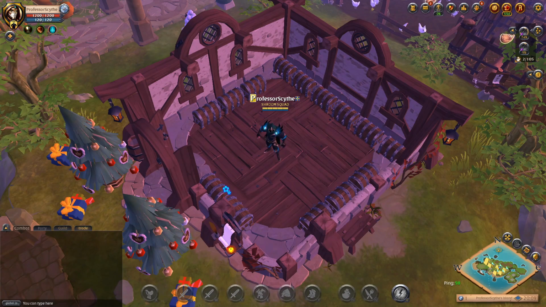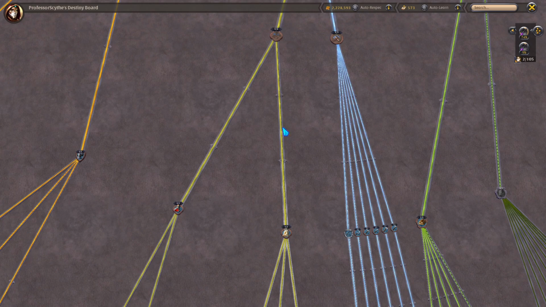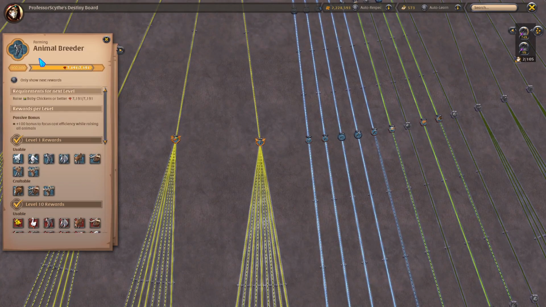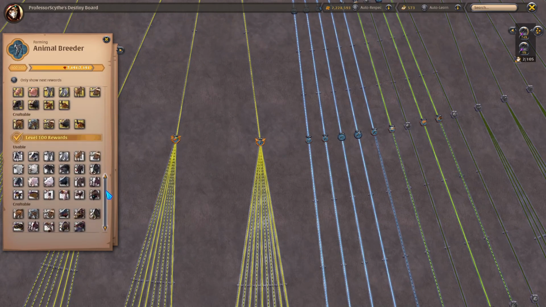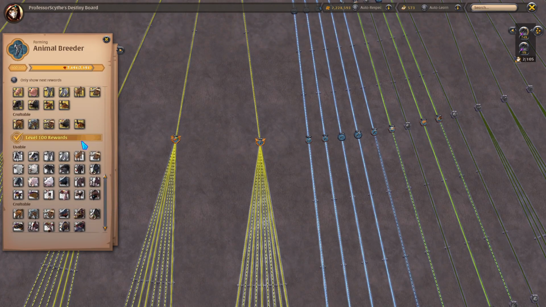So the last thing I want to talk about is going to be the destiny board when it comes to these mounts. So if we follow this line down and then we go to the right, we're going to go all the way down to the animal breeder section. And this is the section where you get your levels to be able to breed the higher tier mounts. So you're going to need to get this leveled to be able to do anything that's up in the 7s